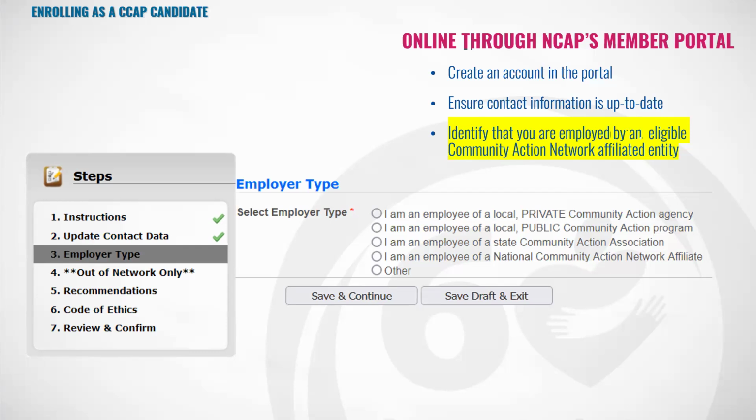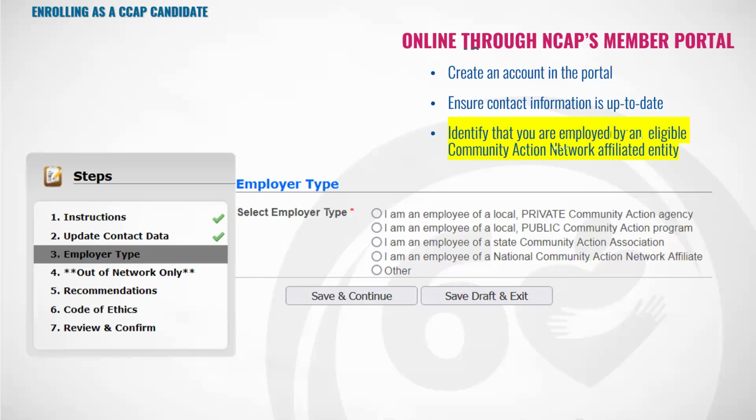One thing to think about is if you're not sure whether you work at a private or a public community action agency, you should ask. That is a fundamental piece of knowledge about the structure of the community action program that someone who wants to be a CCAP should know and understand.